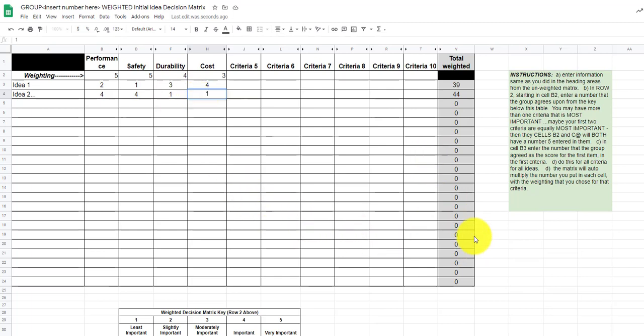Okay? So what I expect to see from the group in your evaluation of this and your decision on what your final idea is going to be, it may be that the group just says, wow, man, Mr. Hill, his third idea was awesome, and let's just go with that. And that may be the highest number. It may be, and is more likely though, that your final idea will be a combination of many of these ideas. So what I'm looking for you to discuss in your evaluation of the weighted decision matrix is